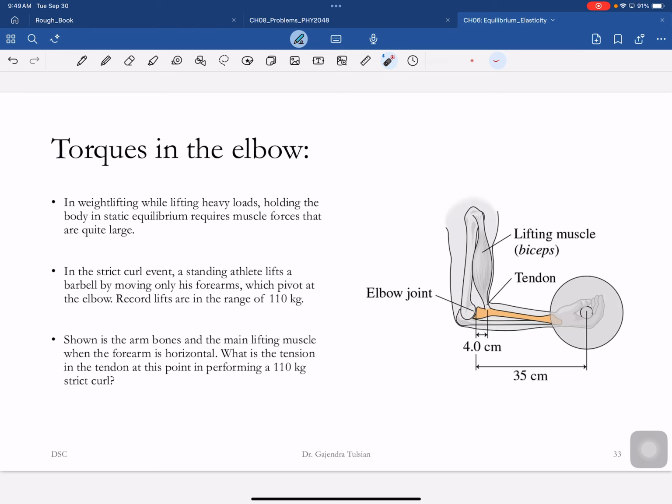So it turns out that you apply forces by compressing the muscle, and the muscle can't compress too much, so it can't move too much. So that's why you're willing to apply a larger force. You'll learn that the work done is the force times distance. So input force times input distance equals output force times output distance. Okay, so what you're willing to do is apply a large force as long as you have to move a small distance. Because your muscles can only compress small distances, that's why you are willing to apply large forces.